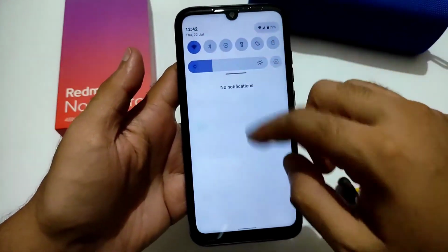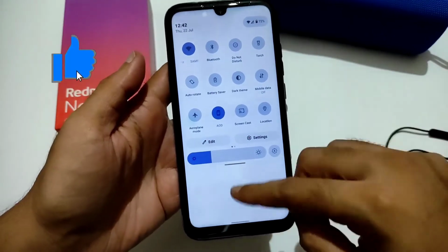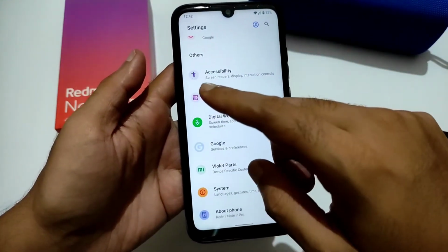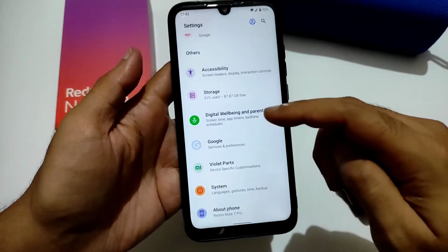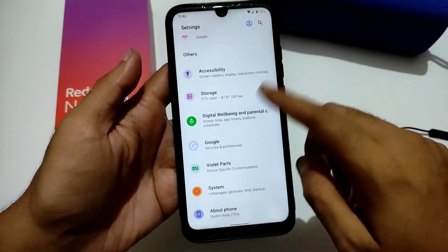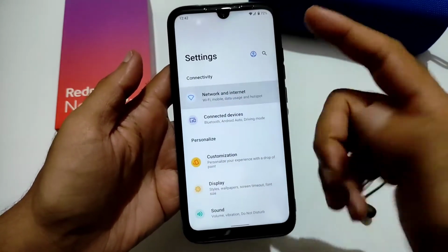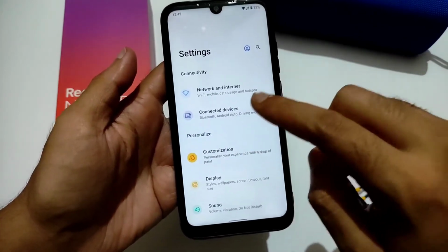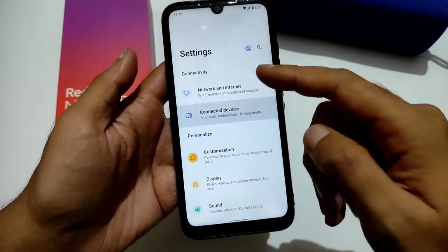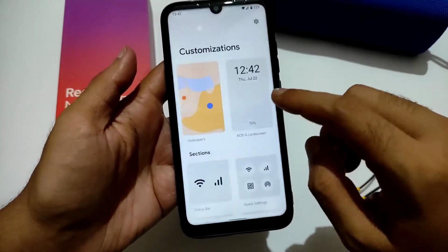it's almost like there's the quick settings. As you can see, it's almost like an Android 12 style. Even the settings style also, the icon labels are still Android 11, but the space given is exactly like Android 12. This is how this ROM actually is. And coming to network and internet, everything is working fine, no problem here. Even the connected devices like pairing, Bluetooth, and even casting is good, no problem.